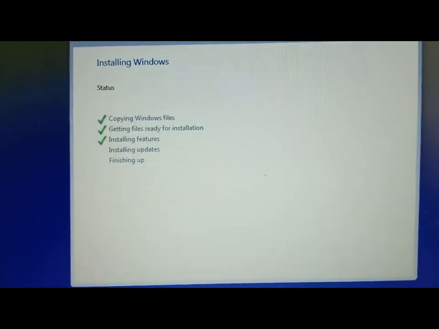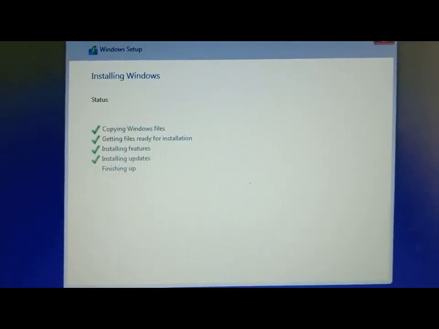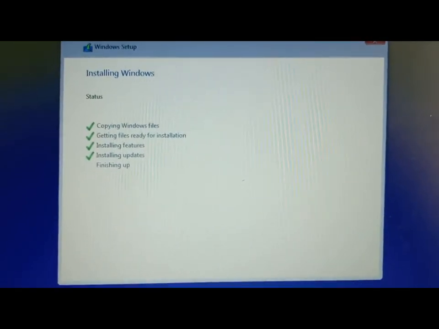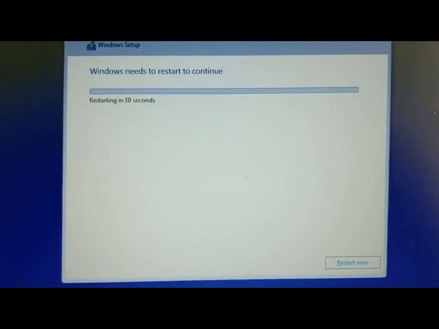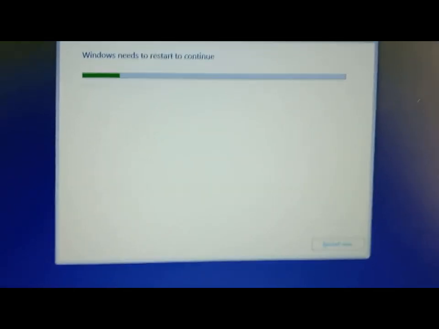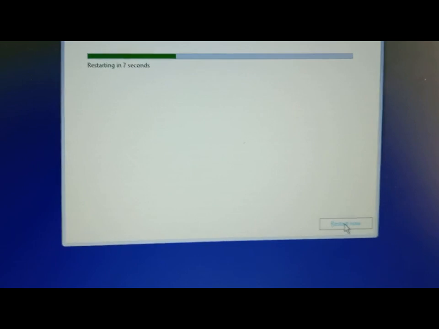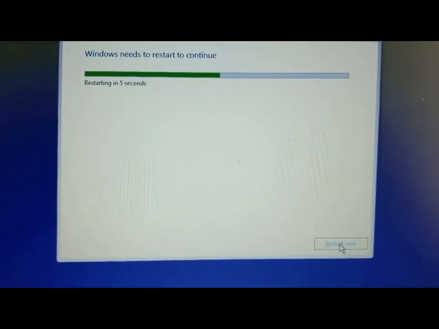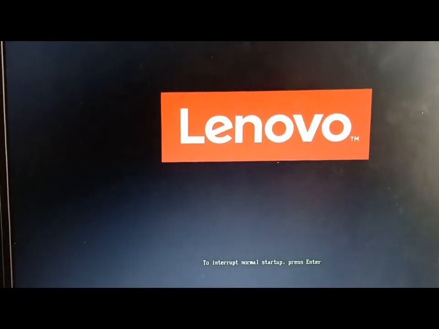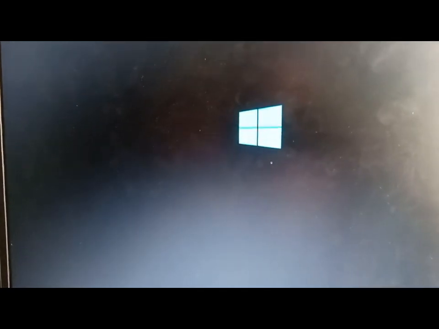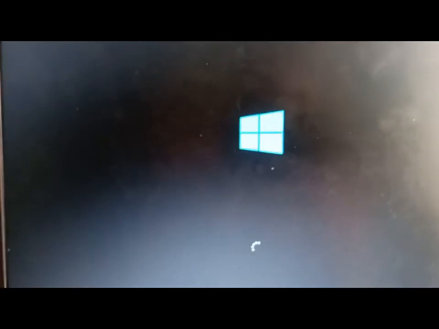In this process it restarts automatically, so you don't need to do anything. It was asking for restarting, restart in 16 seconds. Just now selecting restart. After restarting you don't need to select any boot menu, it automatically takes the next procedure by default. Only the first time you select the boot menu.